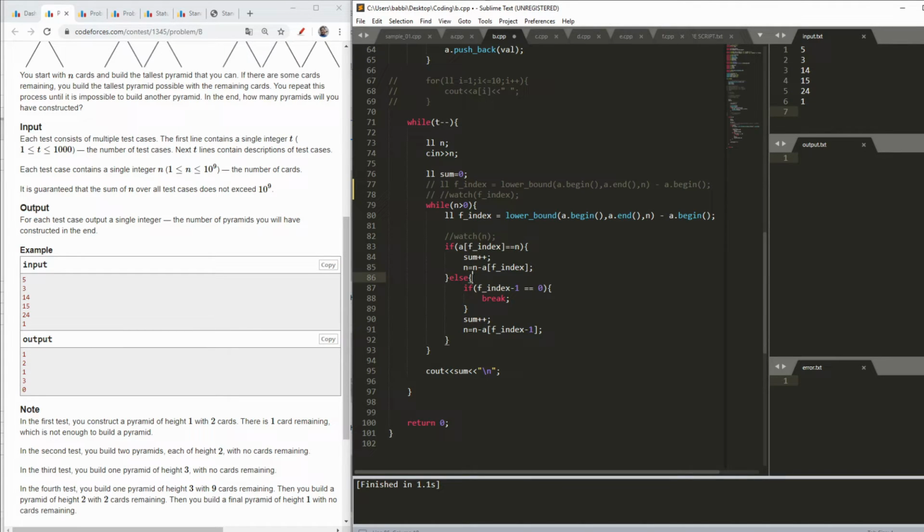But if it is not, then I will check if my index -1 is 0, so I will break. But if it is not 0, then I will mark my sum plus plus as usual, as I showed in the explanation, and then subtract the value of that particular element. And at last I will print my sum answer, and then I will get my solution.